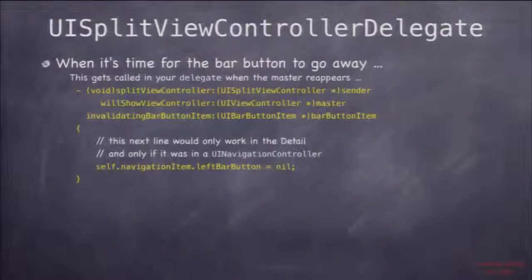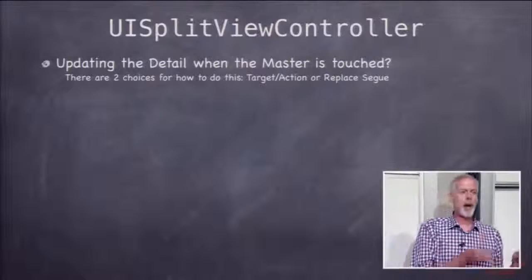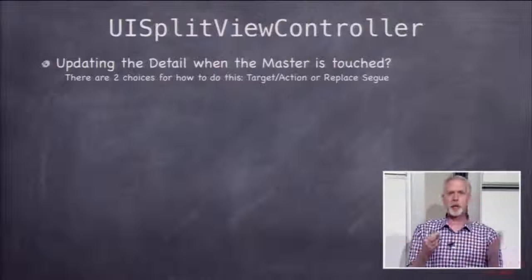These slides are here for you to review. This is a difficult delegate, but to make split view really work right, unfortunately, you have to implement these three methods. Okay, so updating the detail when the master changes. That's a fundamental thing about what happens in split view. How do you do that? Because the detail and the master are both on screen at